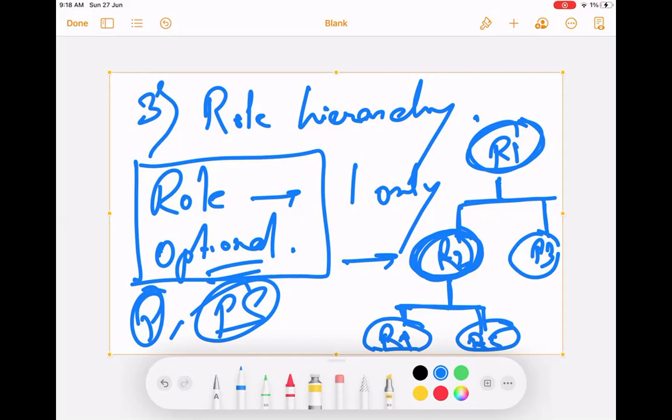Clear? So for people with full ownership of this record, the manager will also be able to see that record. Okay, that is role hierarchy. Automated sharing, this Salesforce automatically does. If there is a role hierarchy and the owner has a role, then their manager will automatically see it.